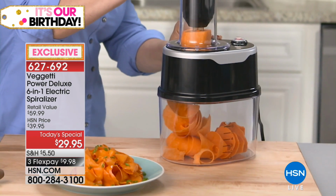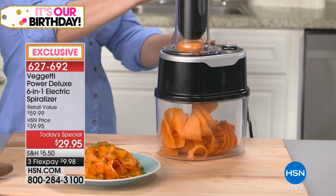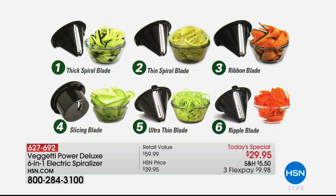You're going to get, remember, 6 of the blades. 2 are additional and only here in this exclusive configuration. So you get the thick blade, the thin blade, the ribbon, the slicing. The 2 that are exclusive that you can only get here are the ultra thin and the ripple blade, which